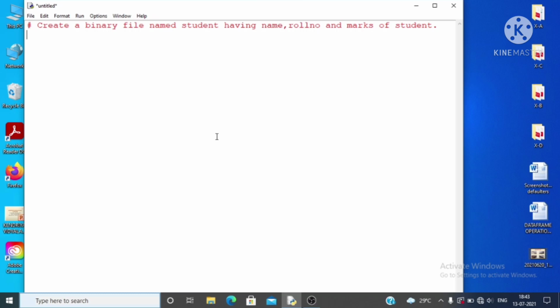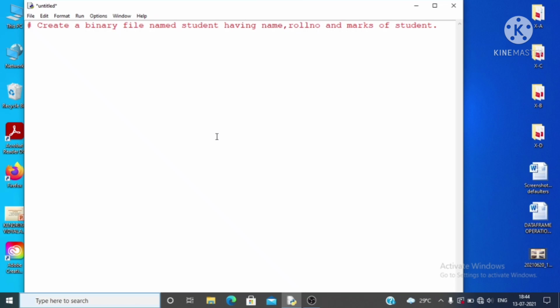Name of the binary file will be student, which is given in the question, and for creating a binary file we will use the pickle module in this case. In the previous session we created a binary file using read and write functions without any particular module, but in this case we will use the pickle module. A module is actually another file having many function definitions. The functions defined inside a module can be used after importing the module in your program.